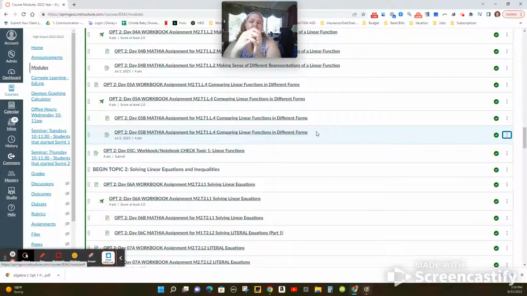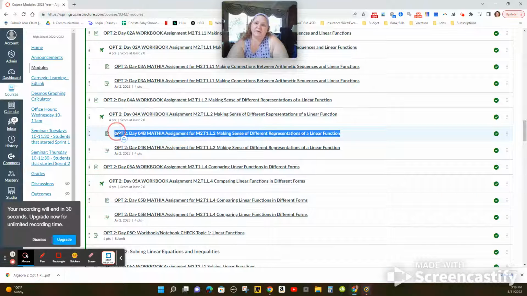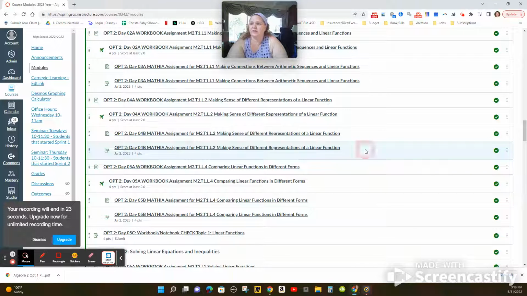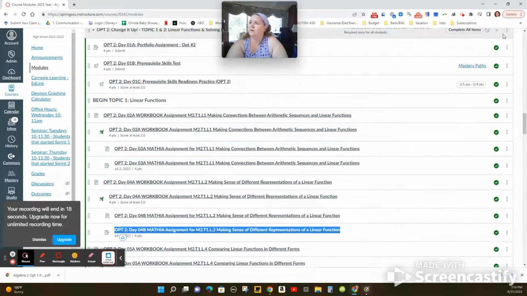all I have now is them to have a way to get to their Mathia through their modules. So they'll literally just go next. Now I have to make choices. The first choice I have to make is this page doesn't have to be here. Okay, so I could copy and paste this page onto here. The next choice I have to make is whether or not I'm going to put this into my list so they can get that nice little red dot or check mark when they